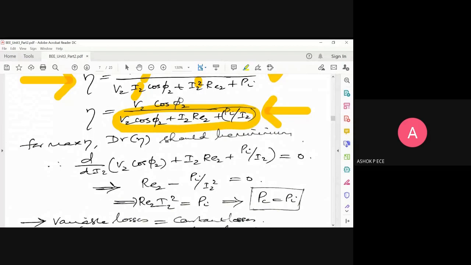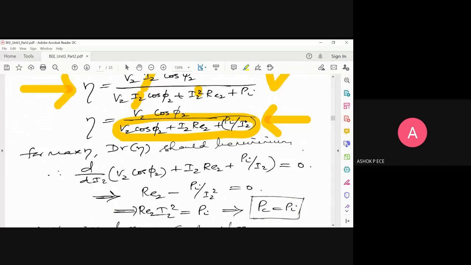Very simple. You have the fraction 1 by 3. If I want to increase the value of the fraction, 1 by 3 is 33.33 percent, correct? If I want to increase it, reduce the denominator: make this 3 to be 2. It becomes half, which means 0.5, 50 percent. If I still reduce it and make it 1, it is 1 by 1, which becomes 100 percent. So in a fraction, if you want to increase the value, you have to decrease the value of the denominator. That's what I'm doing here. So take the denominator, differentiate that with respect to I2 and equate that to 0.